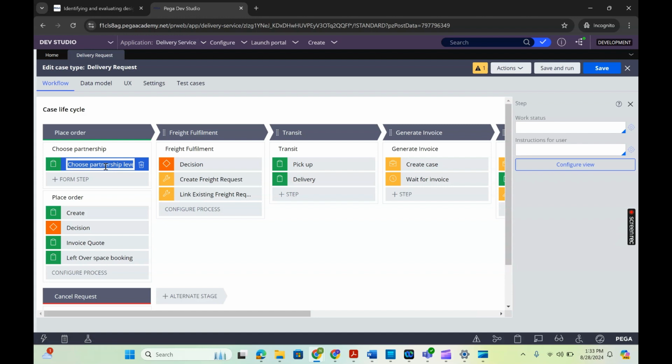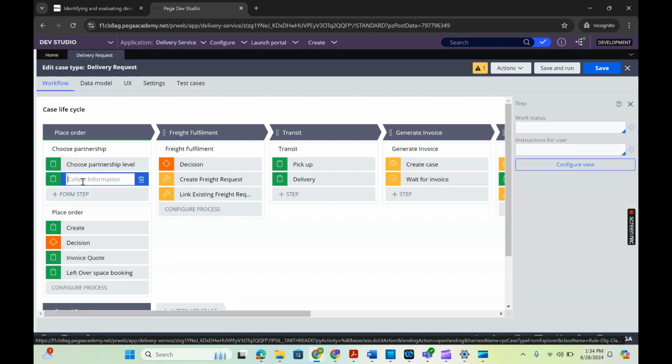In section, we used to create a section and link that into the flow action. That is how we do it in lower environments. But here, we will not be able to create a view separately, because the view will be in JSON format, and we will not be able to edit it like in the lower environments, where it used to be in template format and we would go and edit it. Here, whenever you need to create or update a view, you need to do it from the case type only. So let me create one new view here.